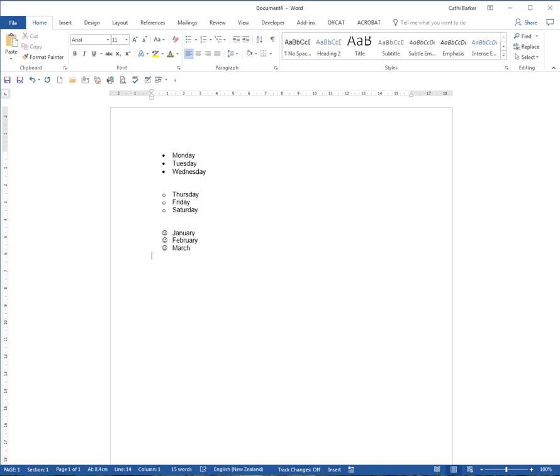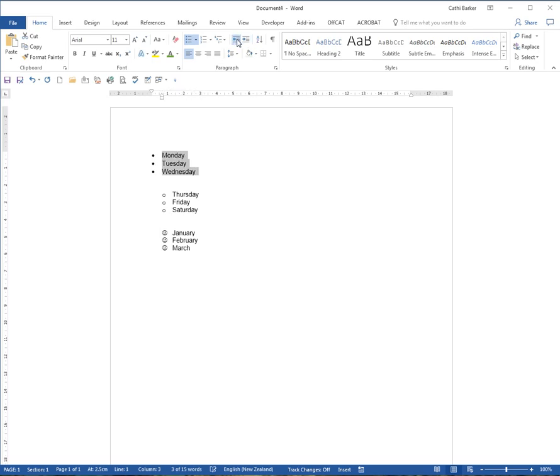Now when it comes to bullets and when it comes to numbering, Word likes to indent them, and I don't always want them indented. So it's important to be able to select a list just by dragging down the left hand side. So I'm selecting Monday, Tuesday, Wednesday, and nothing above or below, and I want to push those back against the left margin. So I use my decrease indent to push them back. I can increase the indent